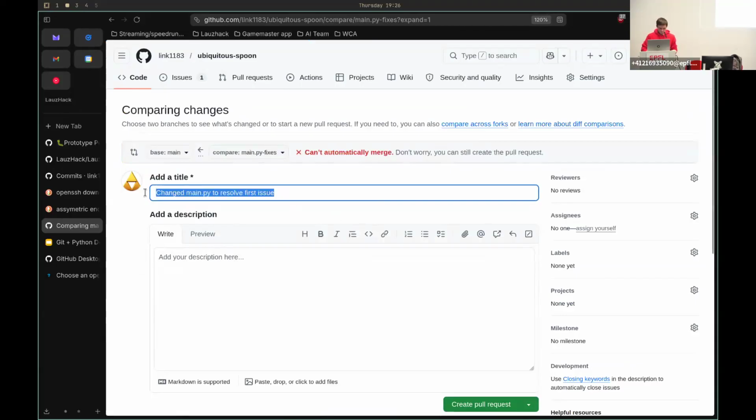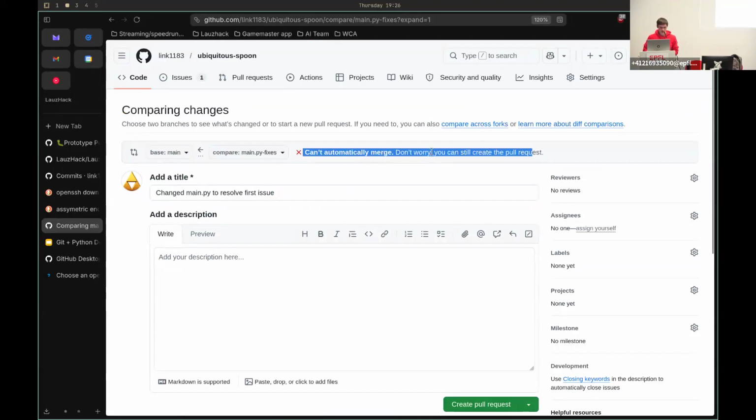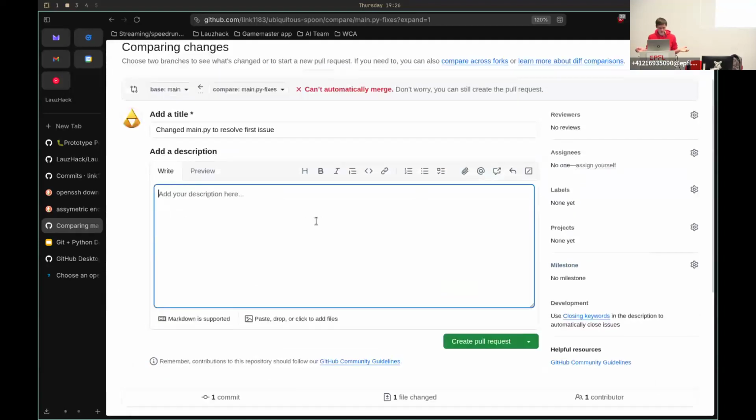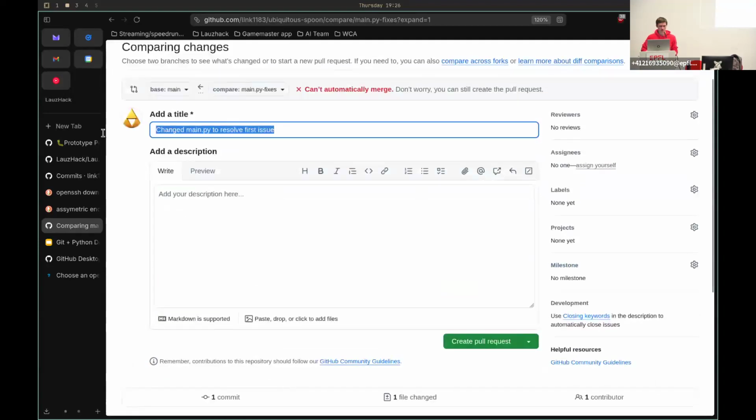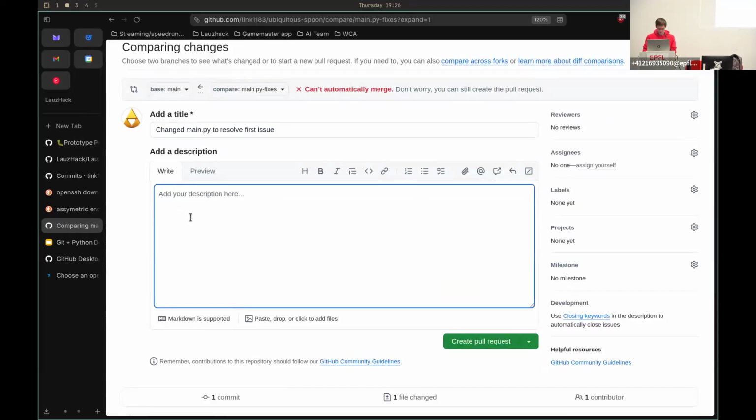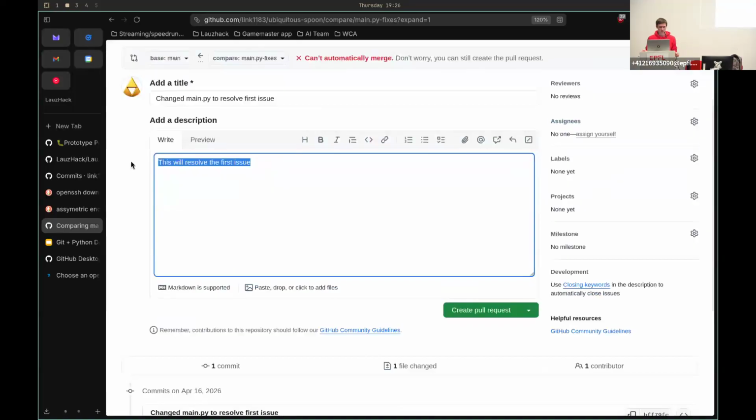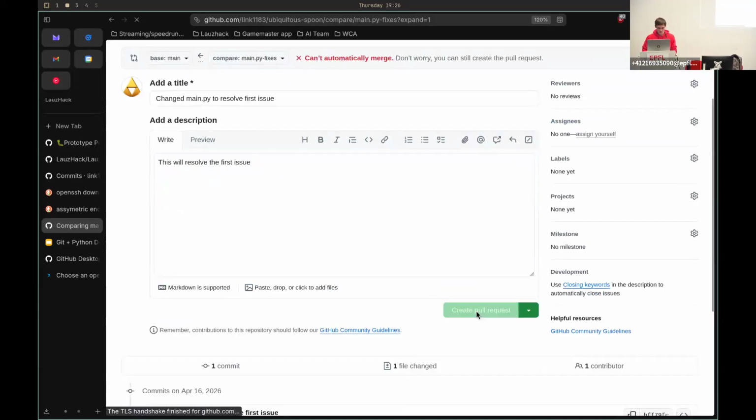So there, I have the title, and I can see that I cannot automatically merge because there are conflicts. So I'm gonna create a pull request, and I'm also gonna add a small description of what my changes are. The title is just a one sentence thing that you add, but my description, this will resolve the first issue, whatever. The idea here is to make sure that this is as descriptive as possible, to make sure that the owner of the code base understands why you did this change. I'm gonna create a pull request,